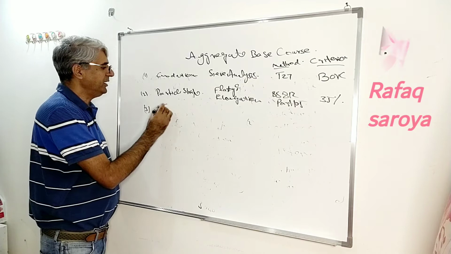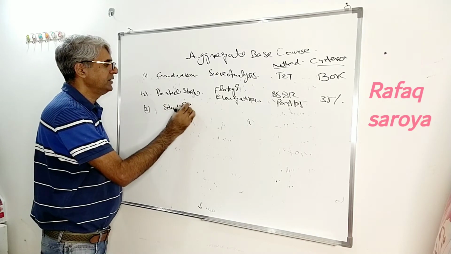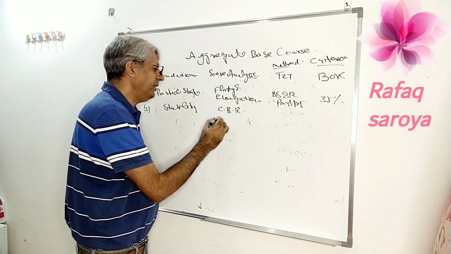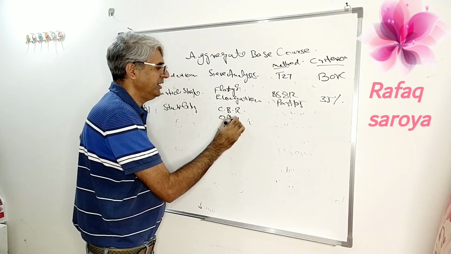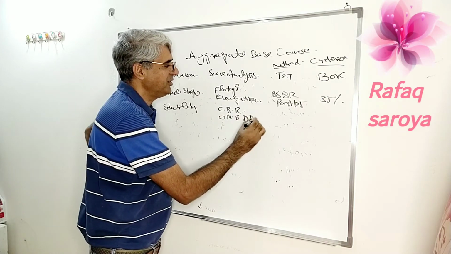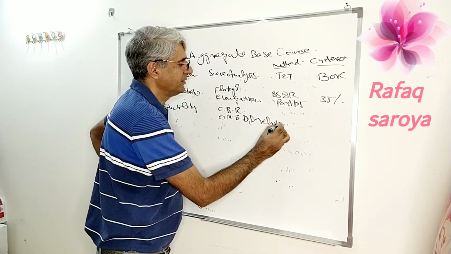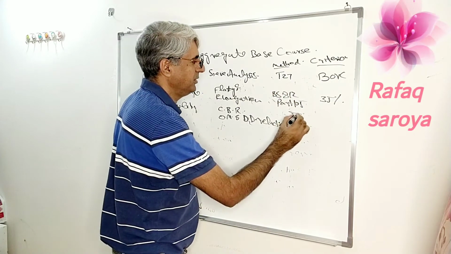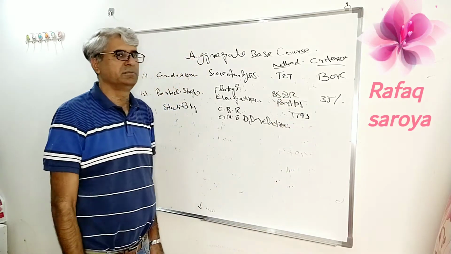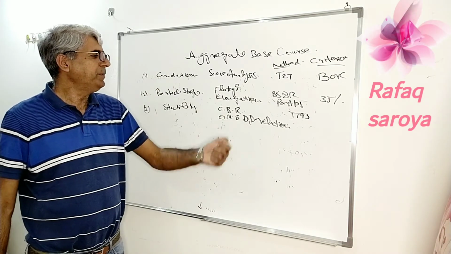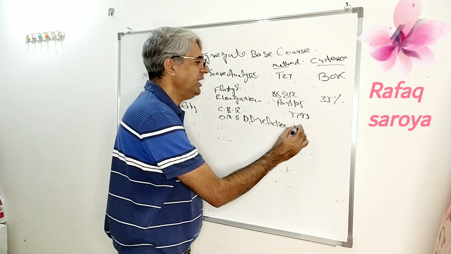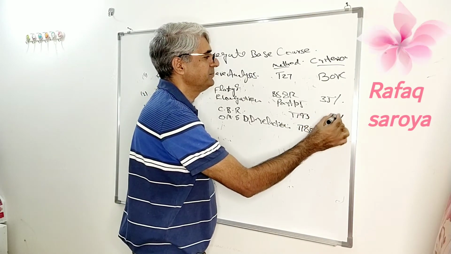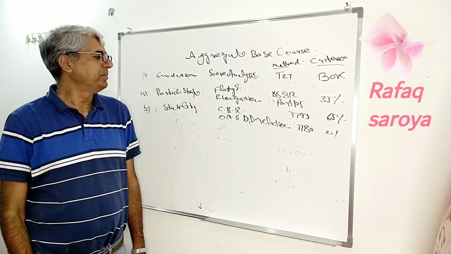Third property, stability. Stability is related to CBR, and to the optimum moisture and dry density relationship. CBR is measured by the AASHTO T193 method. The optimum moisture content and dry density relationship is determined by the T180 method. Its value is 65%, because the CBR value should be 65.